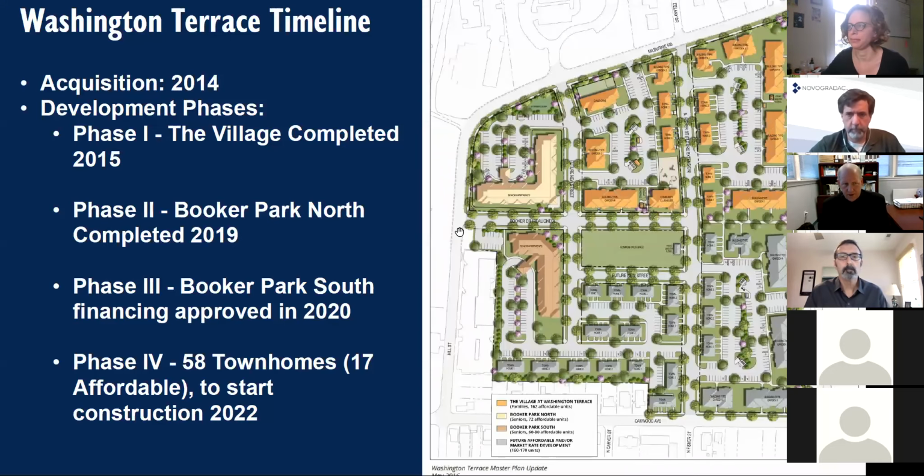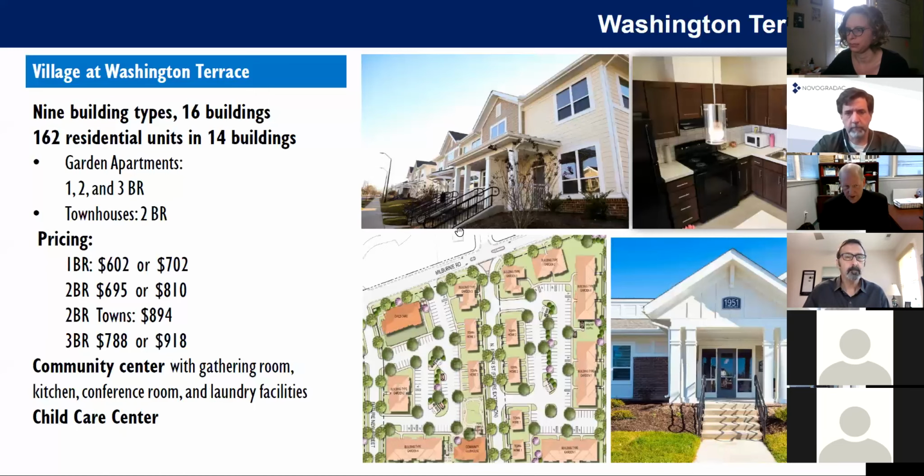Multi-phase project started in 2014. Here are your different elements. We'll get into that a little bit more. It's all master planned. So this is not something that wasn't anticipated. They're very close to closing out the project over the next several years. This is a village at Washington Terrace, garden apartments, townhomes,